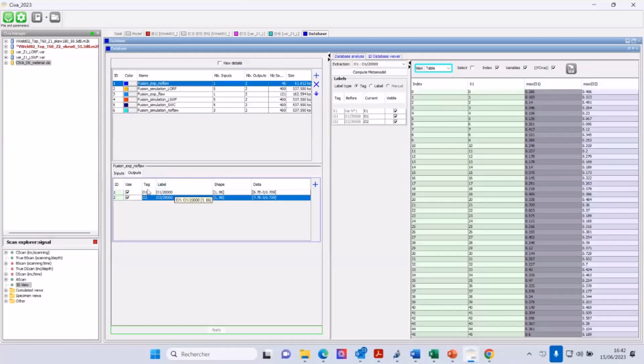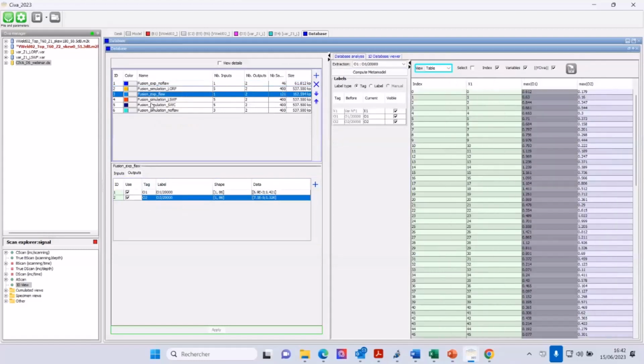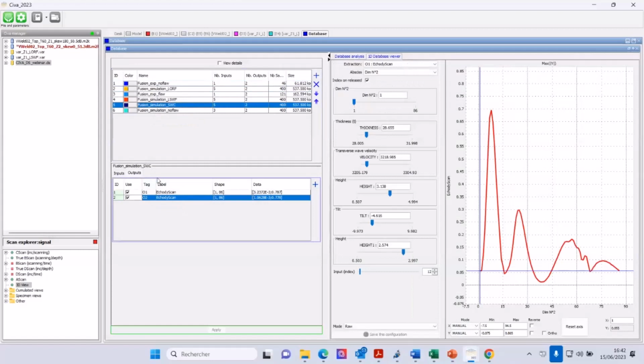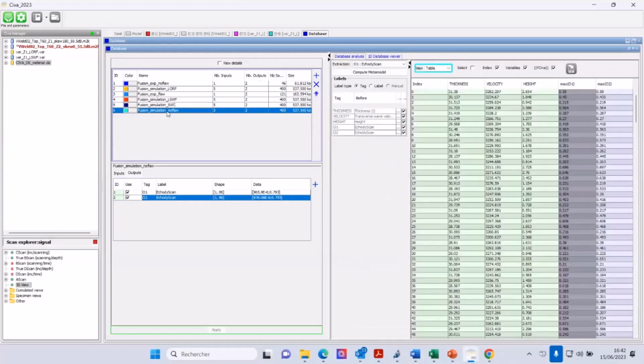That means having the same label, what we call here the tag, O1, O2, for every data. So this is the reason why I changed the tag. It was just to explain a little bit what I did. And on the right, you can see the different results, the tables with the different results on simulation and experimental data.